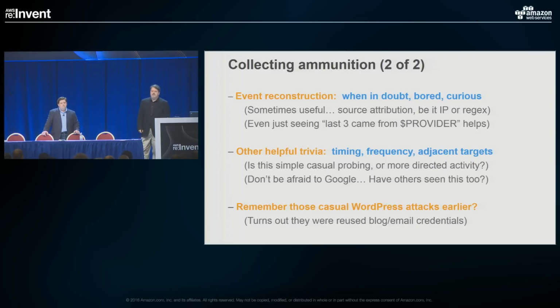Even just seeing typical flows, like the last 3 requests came from this standard Rackspace provider, or the last 3 attacks came from Lithuania, those might be valuable. Timing, chronology is always important here. Frequency of attacks: is it just you being targeted or is it everybody within your Amazon site or your Amazon subnet? A real world example that I like to cite here is that I see a lot of SSH brute